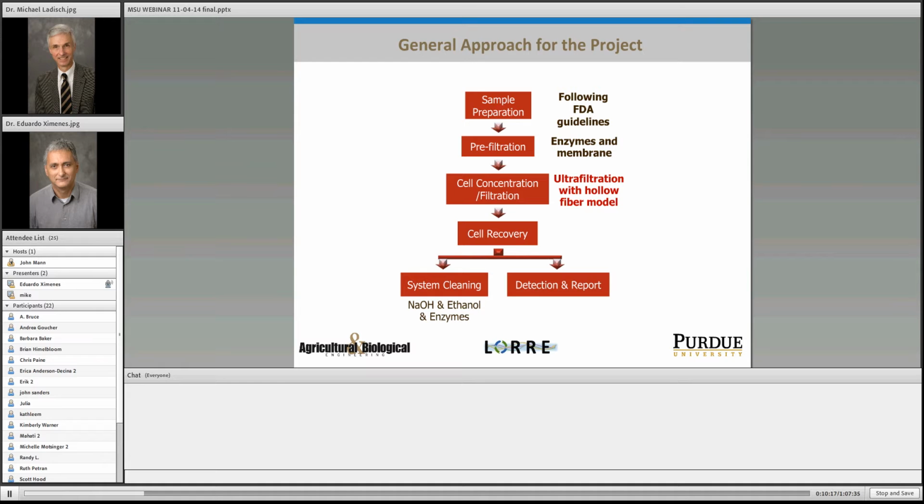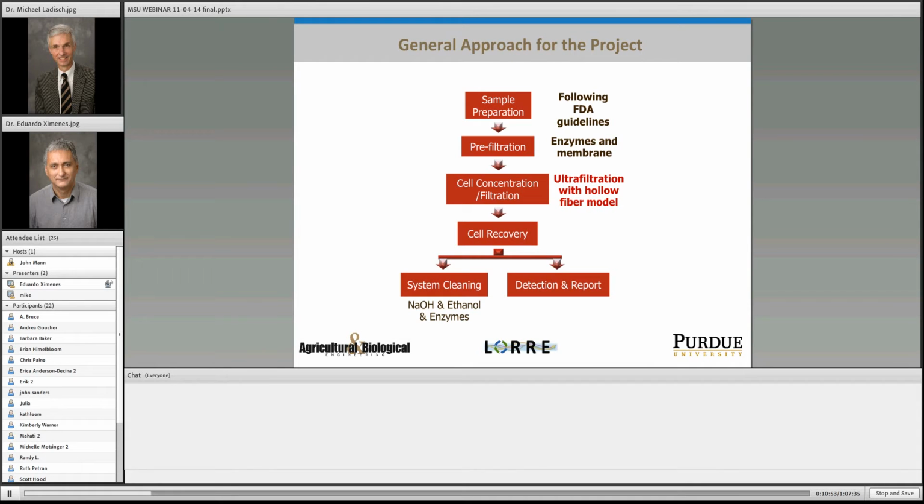And during the pretreatment steps, we make use of enzymes and membranes. And after we do this pretreatment step, we then move to the next step related to the microfiltration of the processed samples. And the goal here is to concentrate cells and recover them in a level that can be used for detection of target microorganisms,